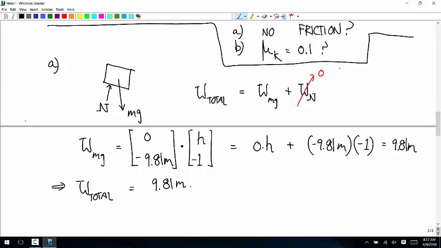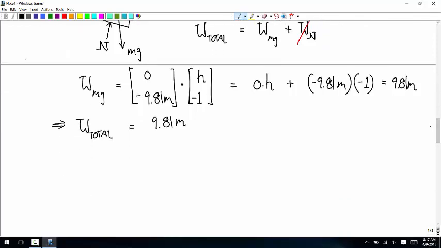So one thing this says is, well, let's finish the problem, and then we'll talk about that. That's not a mass, that's a displacement. So since its final height was 1 meter less than its starting height, because it went down 1 meter, the work of mass times gravity is just gravity. Yeah. And so